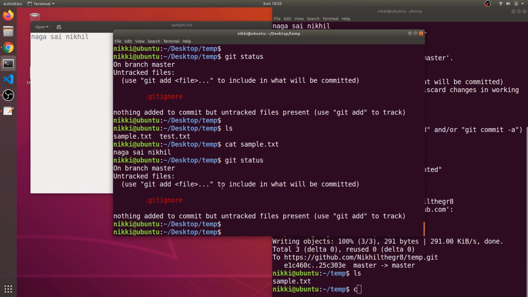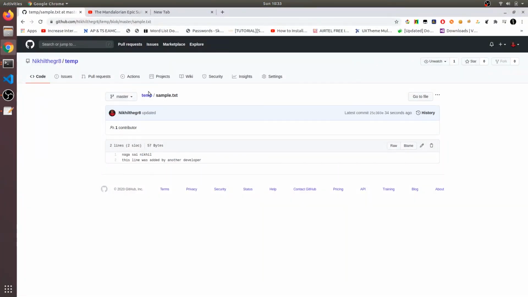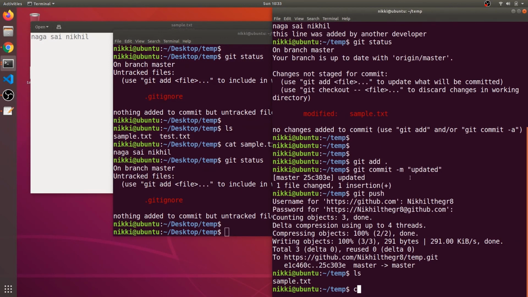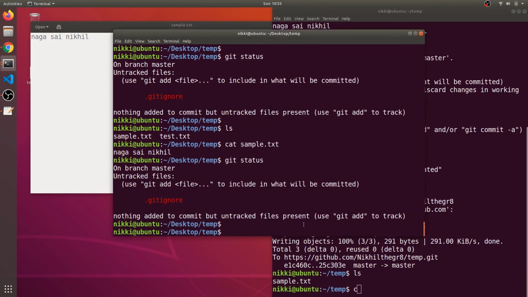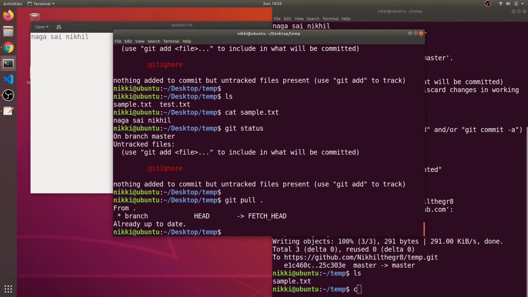To be updated with the repository, because another developer of the same project has modified the sample.txt file, you need to pull those changes to this temp repository. You need to say git pull. Okay, already up to date.